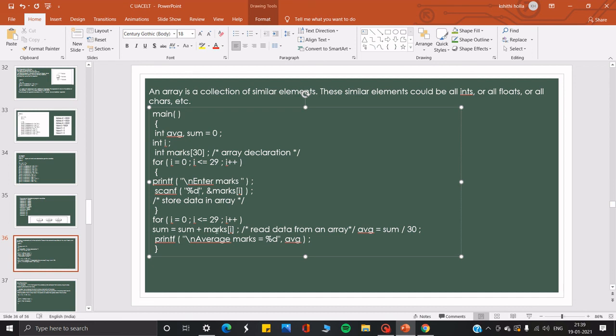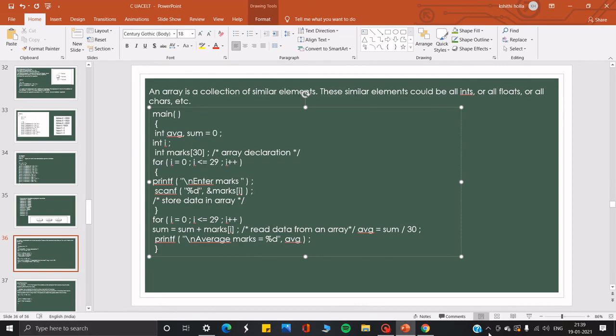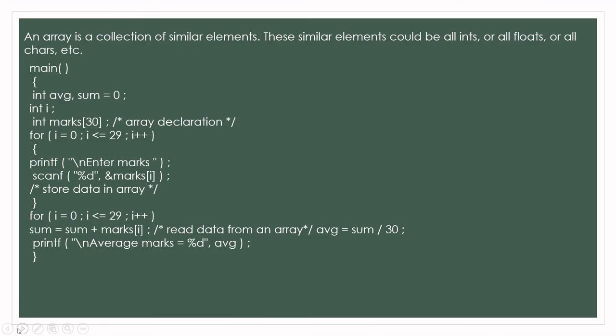So this is 6 right now, and it goes again to the second element, that is 1. I would explain it using this. So these are elements in the array: 0, 1, 2, 3 and 4.